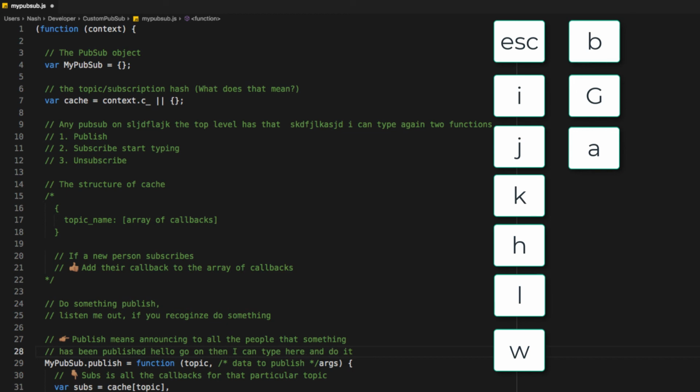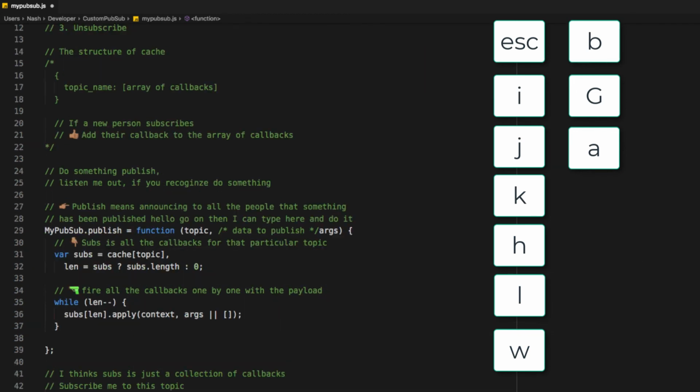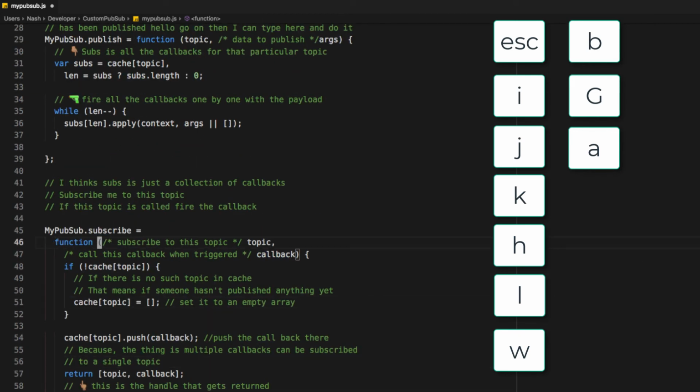Right, this is how it works, and then I can just move around in my document, go to places, type things just like that. Remember, I puts the caret behind the letter and A puts the caret ahead of the letter. So with these commands, I think there are around 1, 2, 3, 4, 5, 6, 7, 8, 9, 10 new keys. I think you're ready to go, and you can go ahead and start practicing them in your own code,